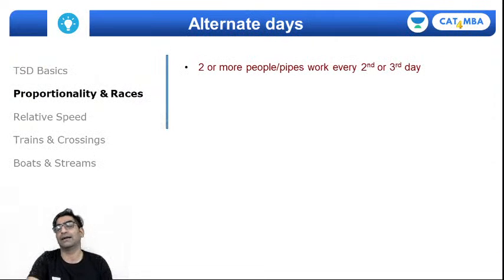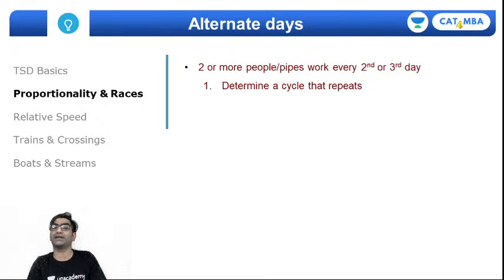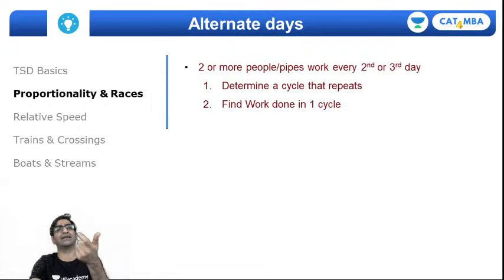Yeah. Next problem type, 2 more problem types that I'll discuss with work. Alternate days. Alternate days में क्या होता है कि 2 या 3 लोग होते हैं, and the problem will say they work every second day, every third day, they work alternate days, right? So the approach basically says that you figure out something that repeats. There will be a cycle of working which will repeat over and over again, right? And once you figure out what repeats, you'll call that one cycle, and you'll calculate the